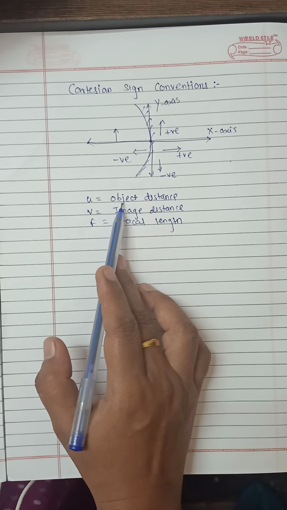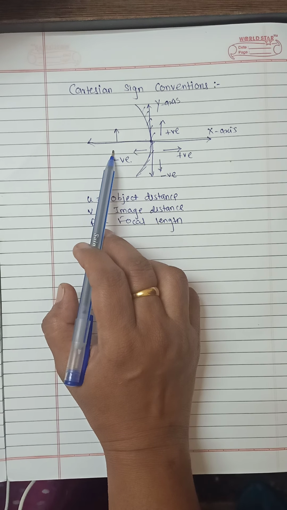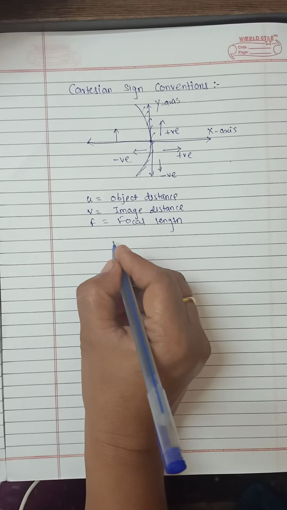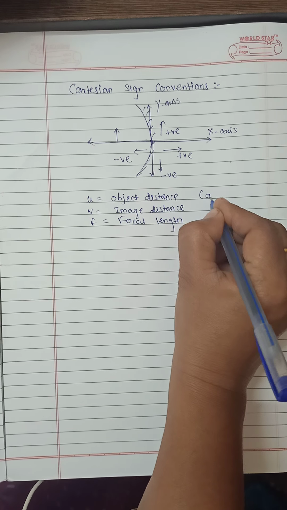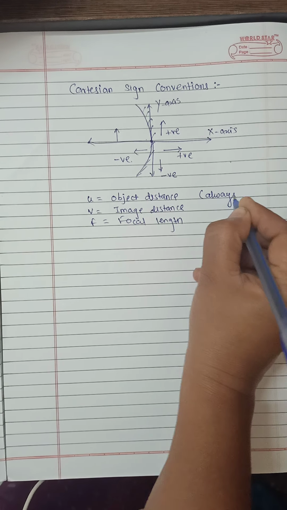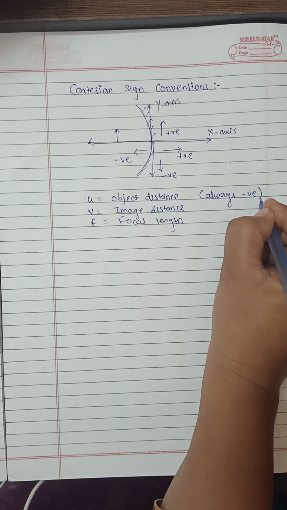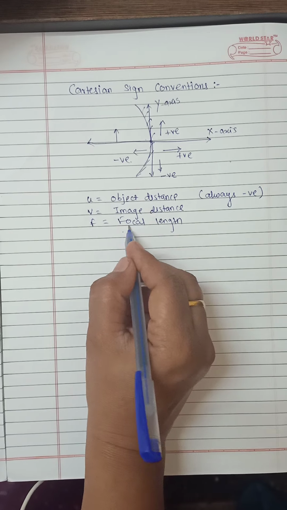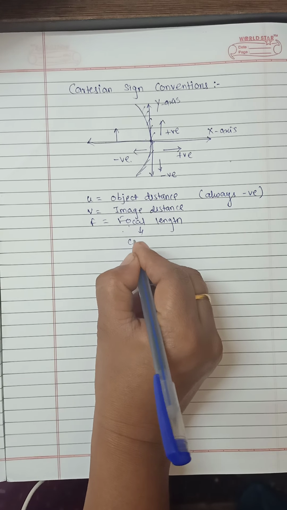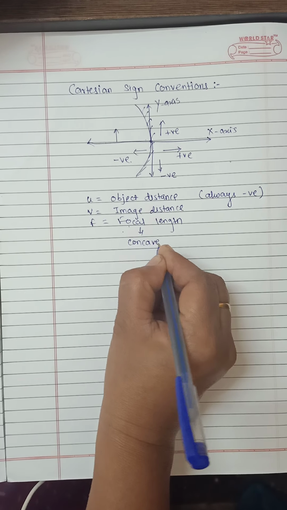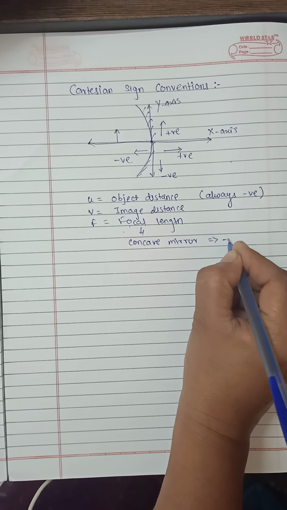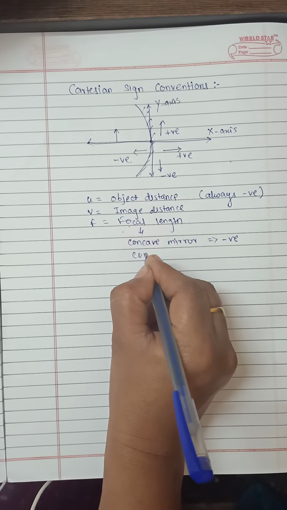As we are keeping the object always on the left side, therefore U is always negative. The value of U is always negative. The focal length for a concave mirror is negative, and for a convex mirror